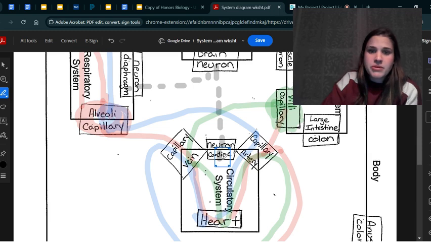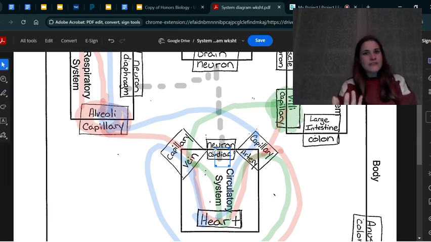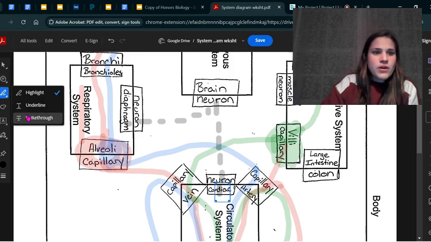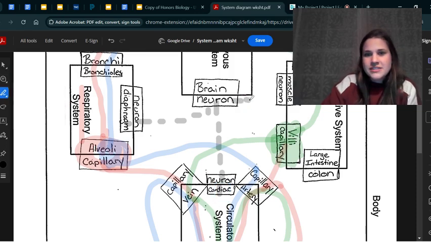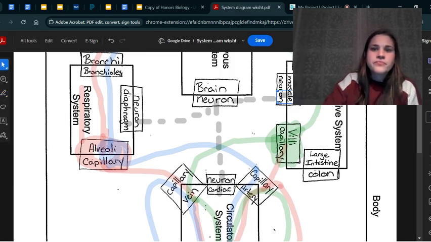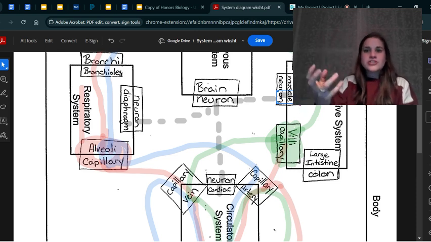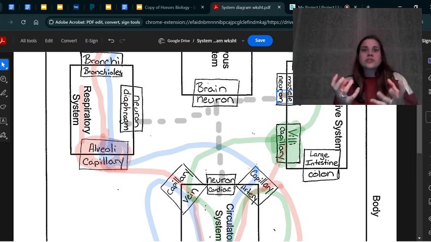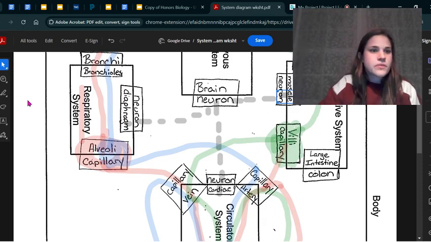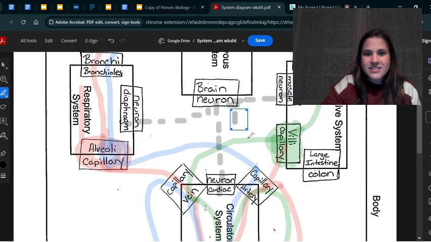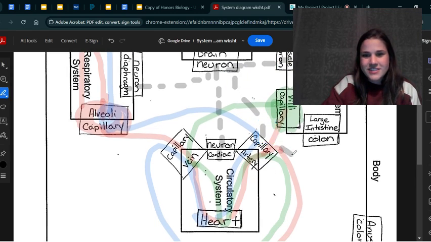Because your heart is made up of muscles. It's its own type of muscle, which is kind of cool. It's a cardiac muscle. So neurons there. We also have neurons sending signals to the smooth muscles of your digestive system. Smooth muscles make up your small intestines and your large intestines. You don't have conscious control over those the way that you do skeletal muscles. So we also have our neurons sending our signal to